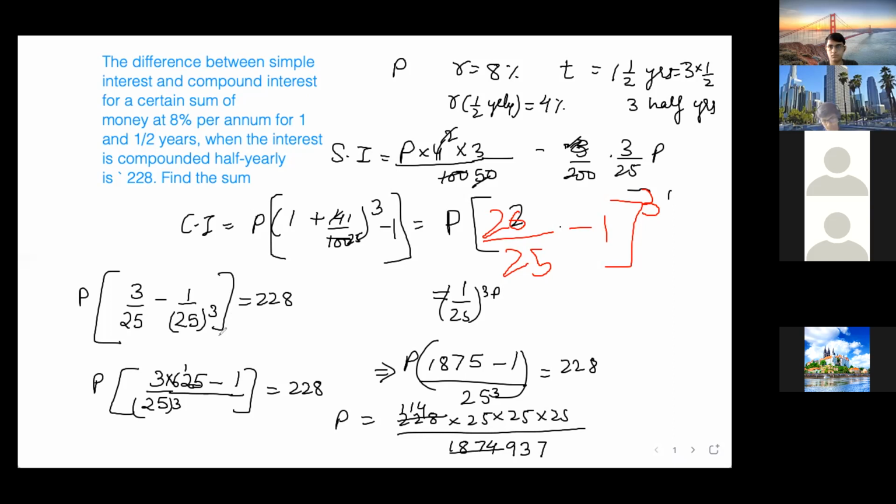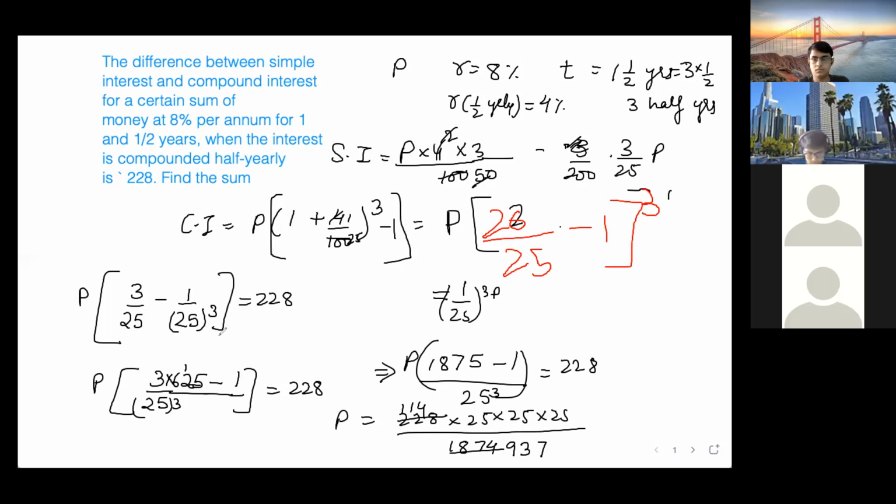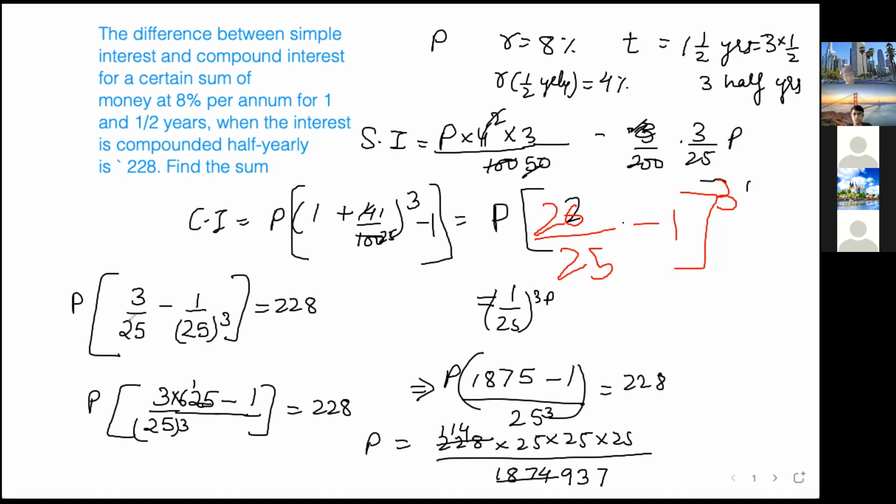you will have 25 cubed only as LCM. So what do we have? 25 cubed. Now here, under the 3 there is already 25, so you'll multiply by 25 squared, which is 625. 625 into 3 minus 1. So the LCM is 25 cubed, which is 5 3s are 15, carry 1, 3 2s are 6 plus 1, 7, 6 3s are 18, 1875 minus 1. So we get 1875 minus 1, which is 1874, in the numerator, and 25 cubed in the denominator. Calculate this, you will get the answer.